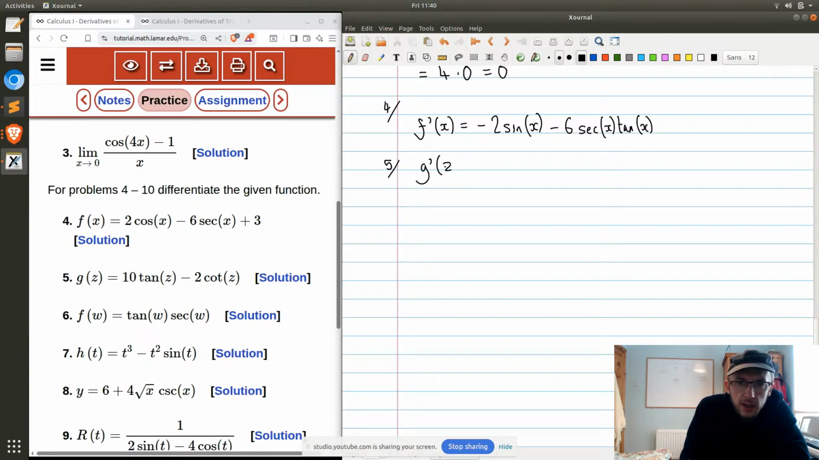G prime of z. G of z is 10 tan of z minus 2 cot of z. So what is G prime of z? d by dx of tan x is sec squared x. So d by dx of tan z is sec squared z. So 10 sec squared z